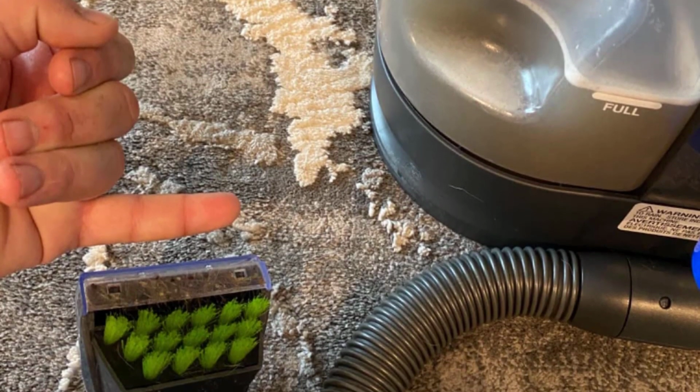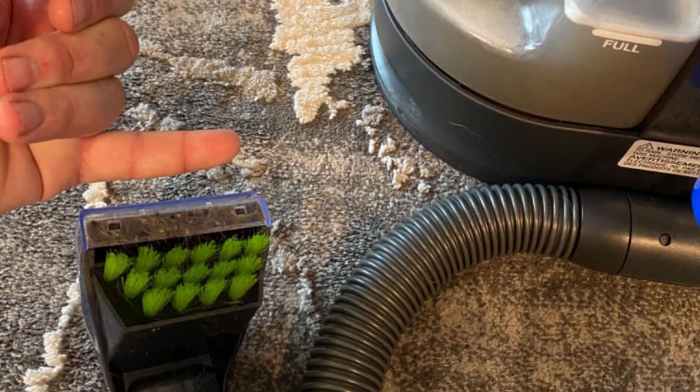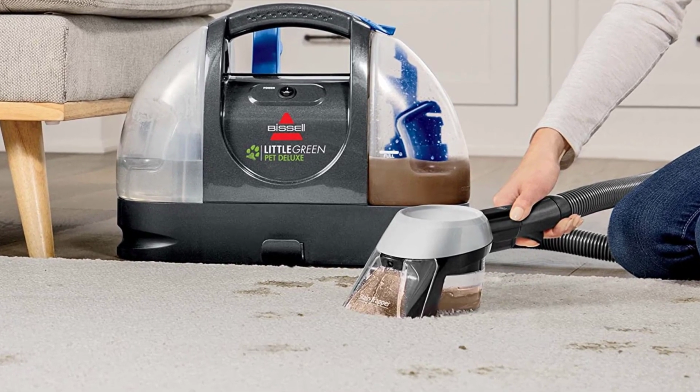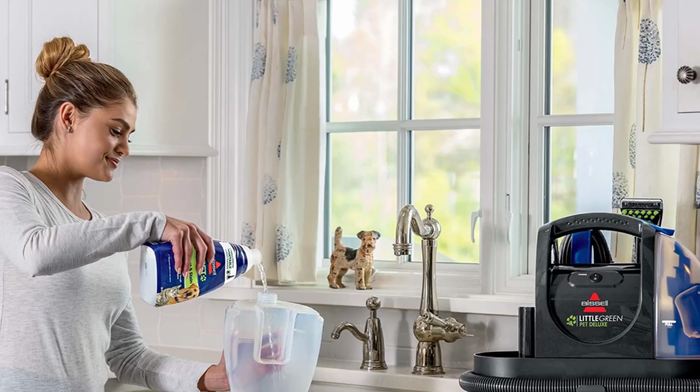The chocolate stain was the only mess that proved tough for the Bissell Little Green Pet Deluxe Cleaner to tackle, though it was able to remove around 50% of the discoloration. The 15-foot power cord provides plenty of length for most tasks, as did the hose, which comes with 3 different